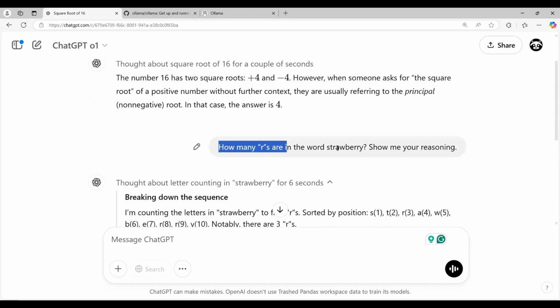Some models actually failed. I think earlier versions of GPT, maybe GPT-4 or something, have shown issues with that. But I think they improved lately, and we can clearly see it is really doing great. Let's go back to our